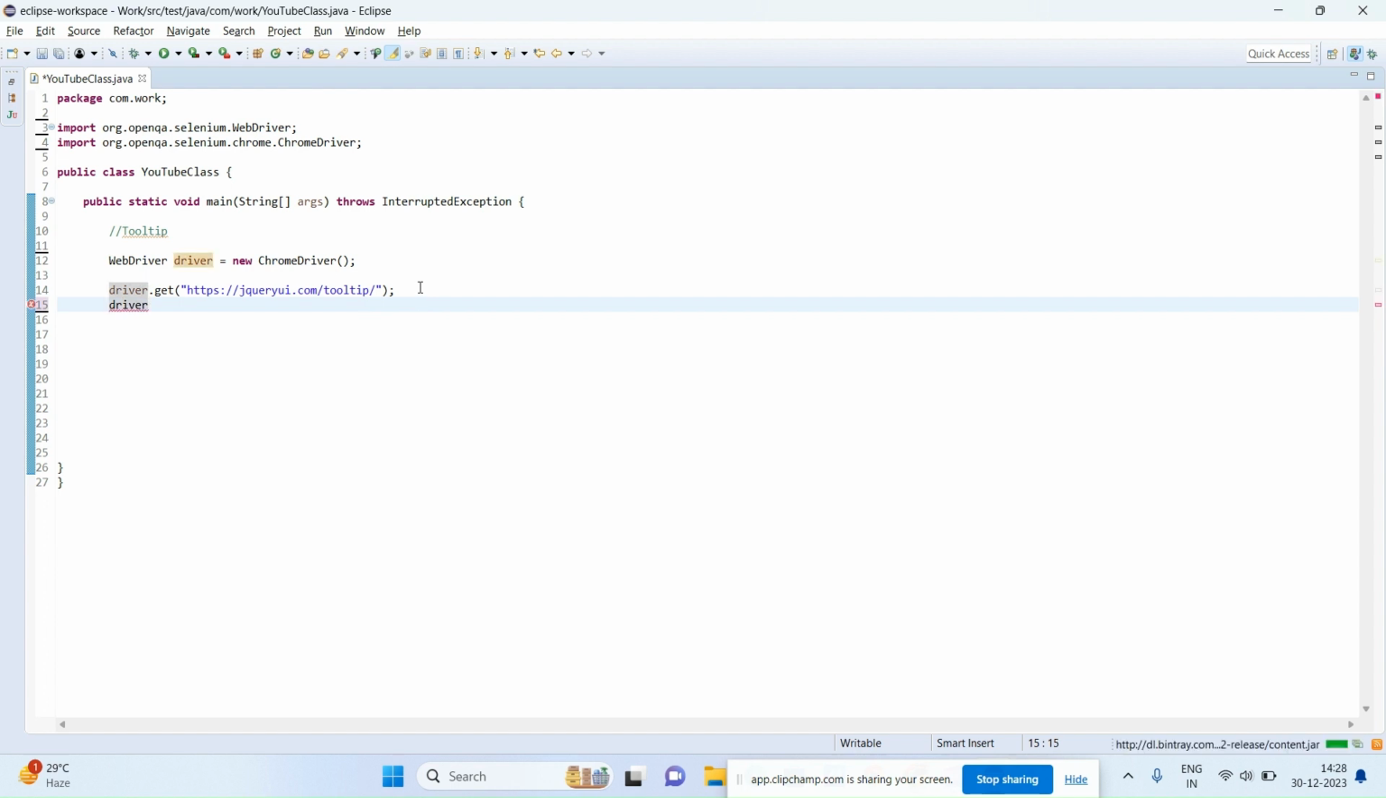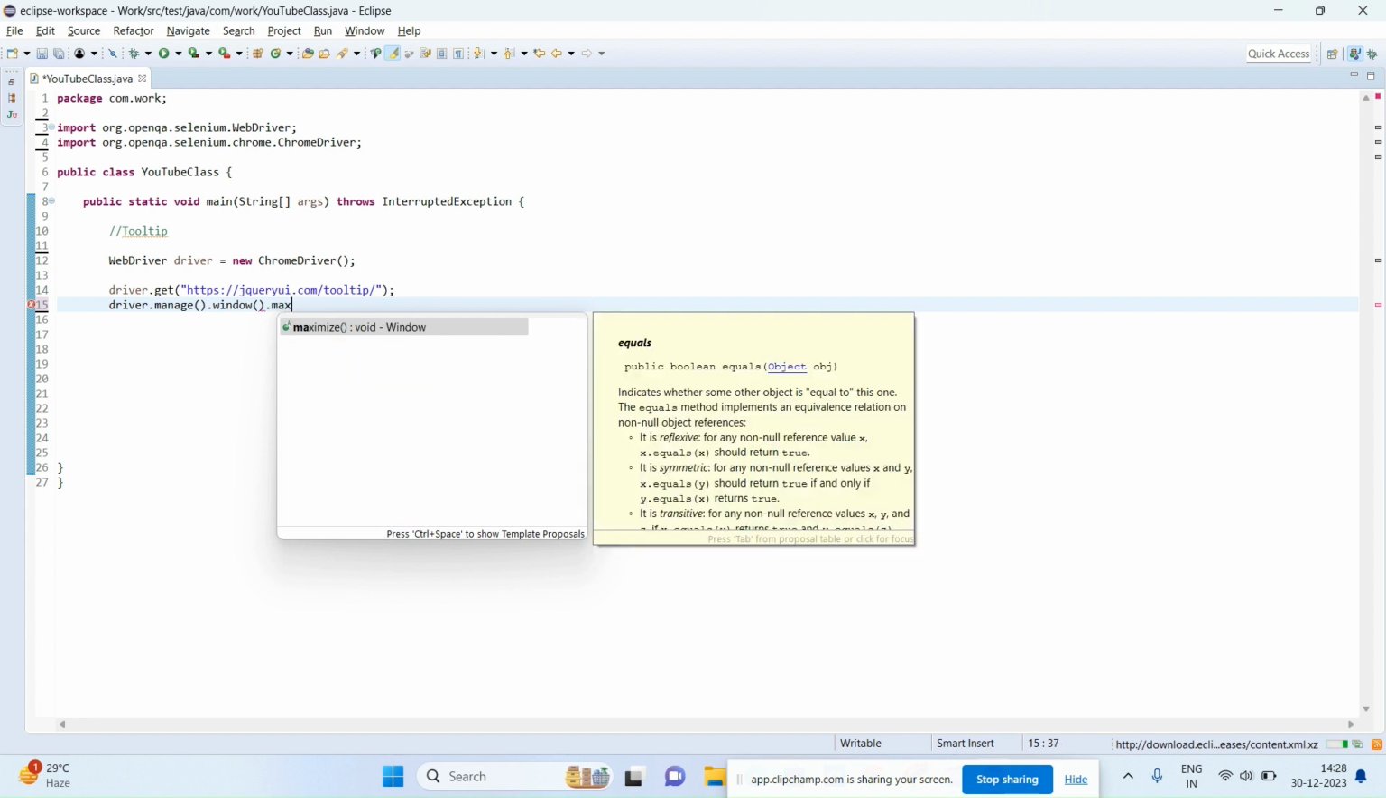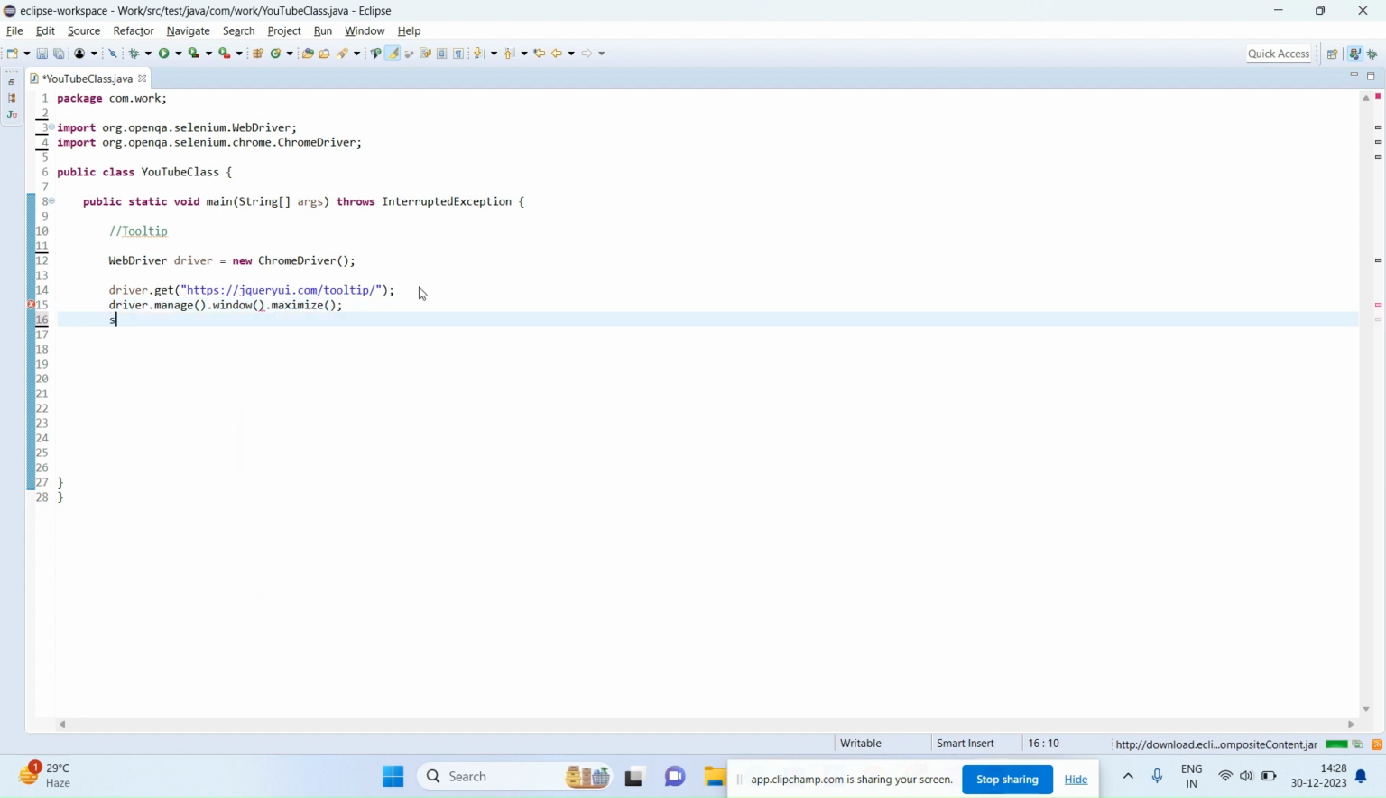For that, driver dot manage, window, and then maximize. Okay. Then I'm going to use the implicit wait: driver dot manage dot timeouts. So in this implicit wait, I'm going to manage